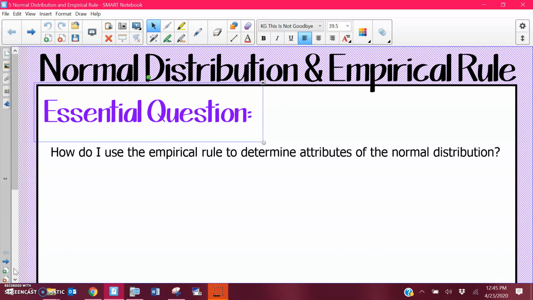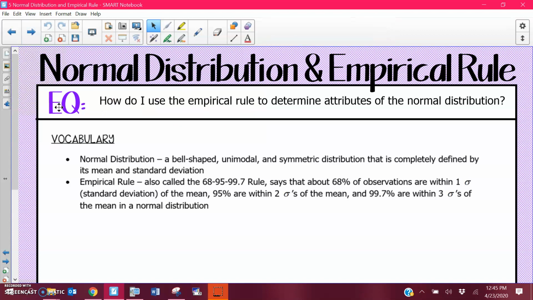Guys, this is the last of the statistics preview, but I think it's probably the most important because we're talking about the normal distribution and the empirical rule. And the empirical rule is also known as the 68, 95, 99.7 rule, and you're going to use it a ton in statistics. So the vocabulary here, we have what a normal distribution is and the empirical rule,